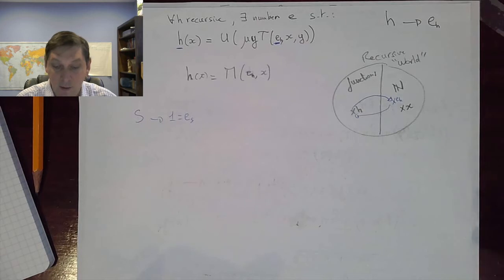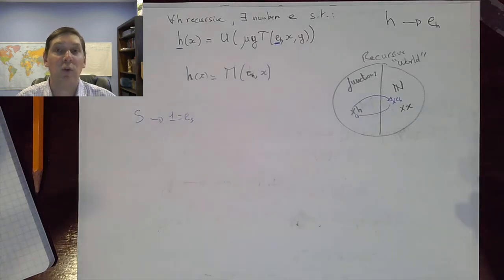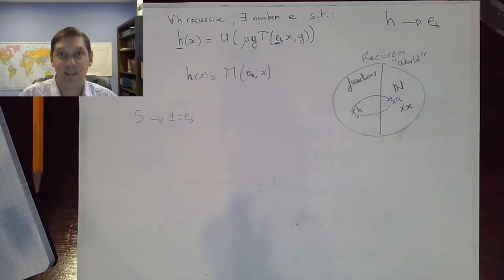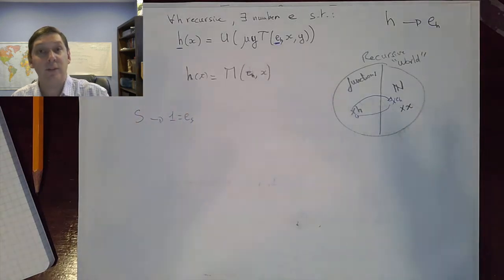So e of h is not just an index for h, it's an index built in such a way that you have associated with it certain predicates that can attach this index to arguments and to